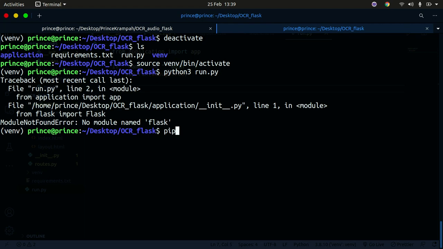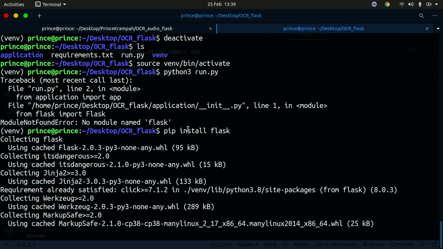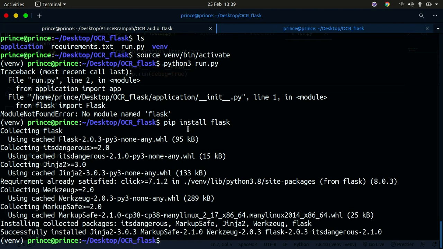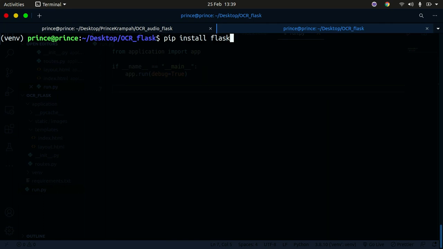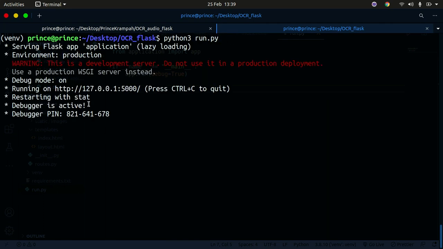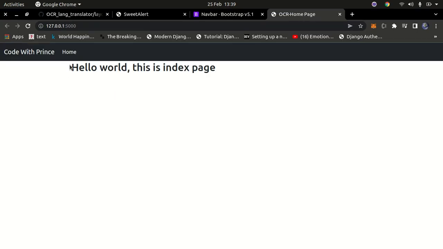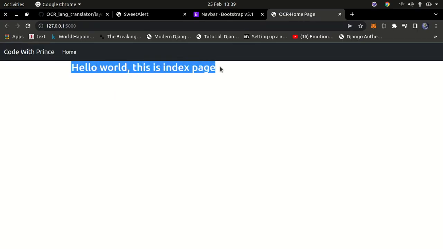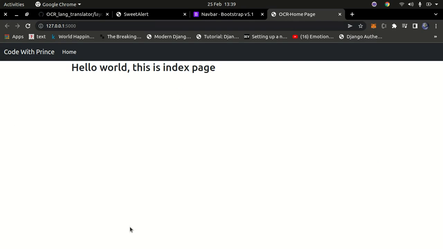Let me just do a pip install Flask. So it looks like I did not install Flask properly, so make sure that you have Flask installed. Okay, so once it's installed, we can just go ahead and run this code again. So now we can see our development server is started at localhost at port 5000. So I can simply click on this, and instead at the loopback interface, which is the localhost, right? So you can see we're getting hello world, this is index page,